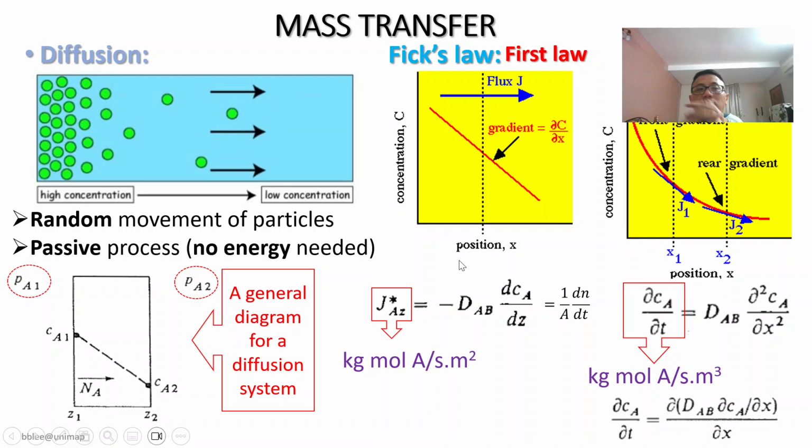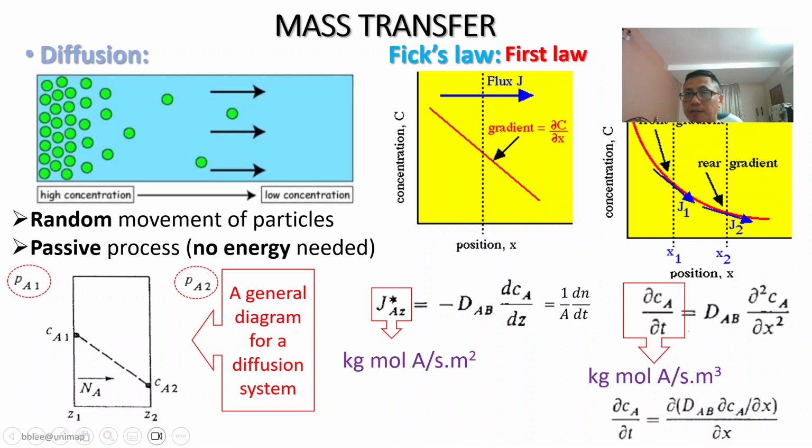Okay, now the diffusion process can be described by Fick's law. We learn about the first law and the second law. The first law tells us the change of concentration over distance. The flux is actually in terms of this molar flux, in terms of per area, kilomole of A per meter square. And if we want to know the change of concentration at a point, then we have to use